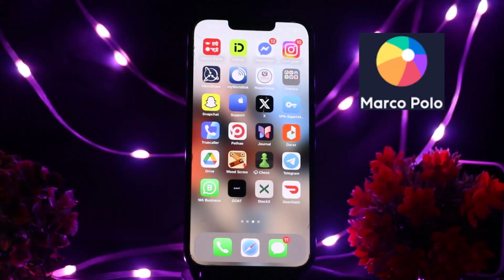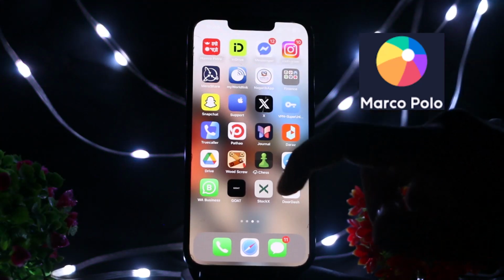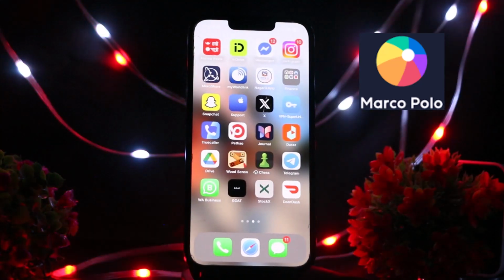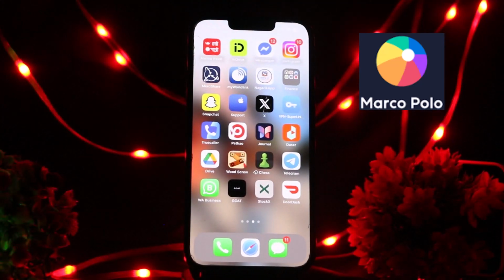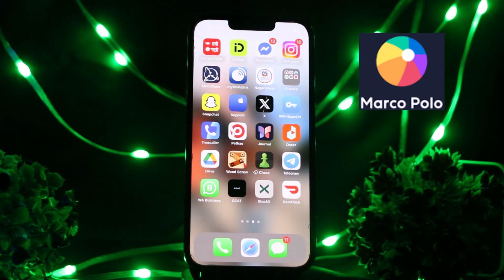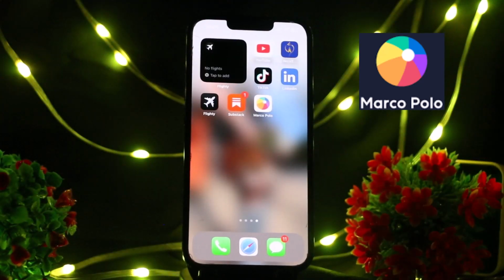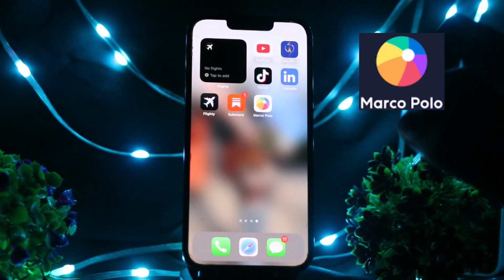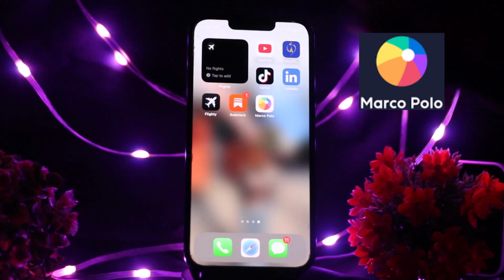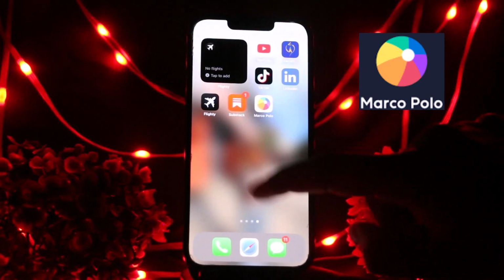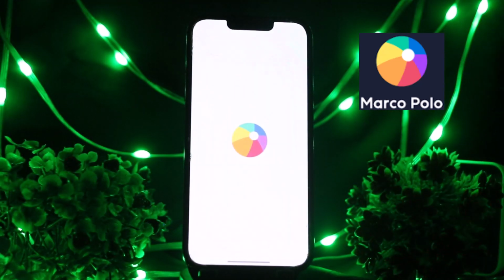So let's get started. Now to use the Marco Polo app, it is a very easy step. You just need to watch this video till the very end to know about it. So let's get started. The first thing and the basic thing which you need to do is you need to simply install the Marco Polo app on a device. So if you have not installed the app, you may install it from App Store or Play Store on a device. So after installing the Marco Polo app, you just need to open the Marco Polo app on a device